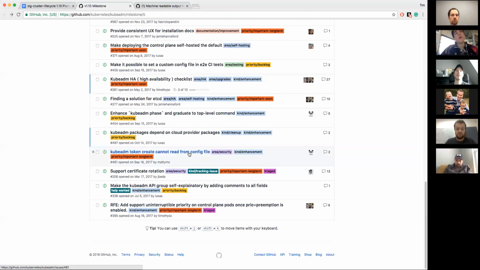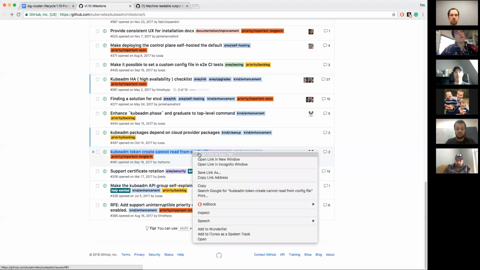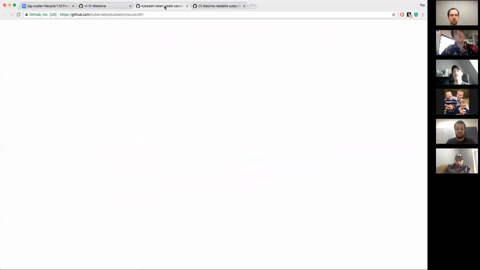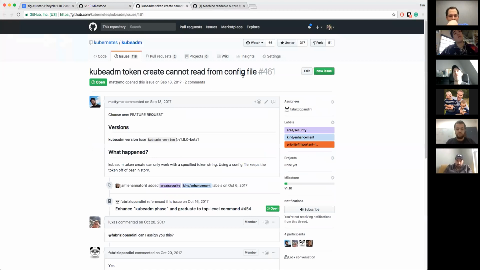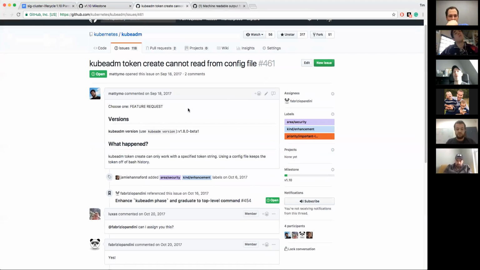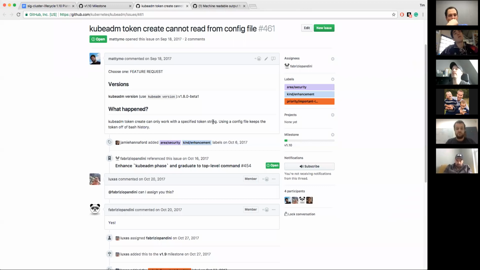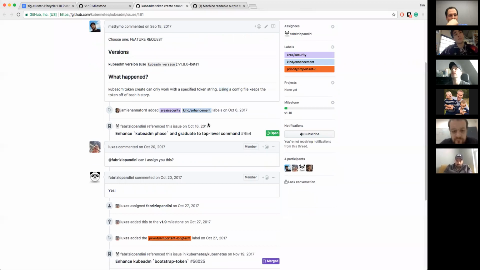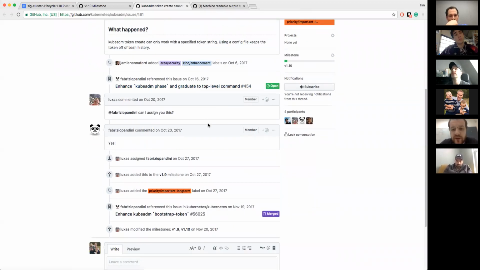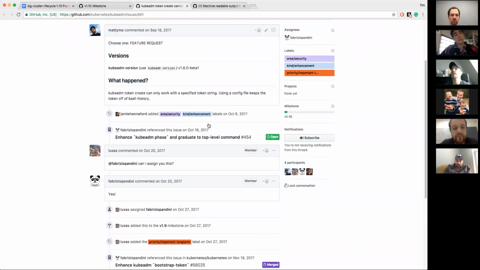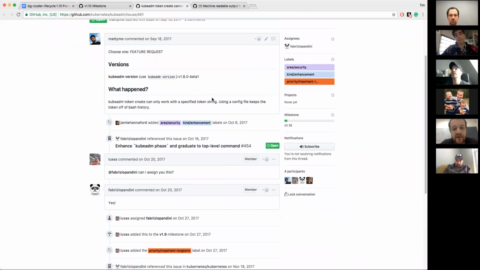kubeadm token create cannot read from config file. Yeah, I saw that. Oh, so they want to make it more secure. Isn't there always a bash hack you could resort to where you kind of pass a thing instead of an actual argument, like